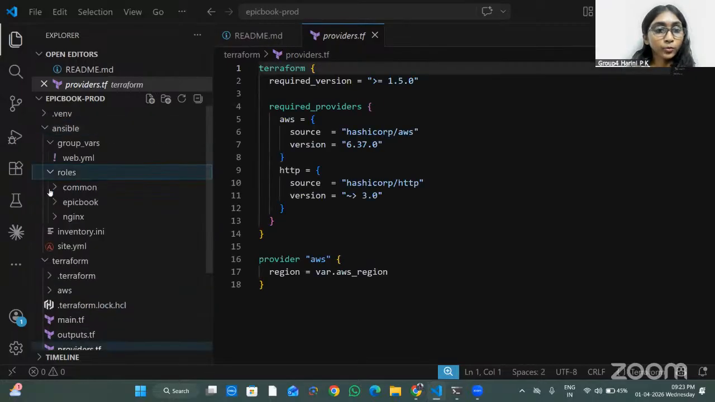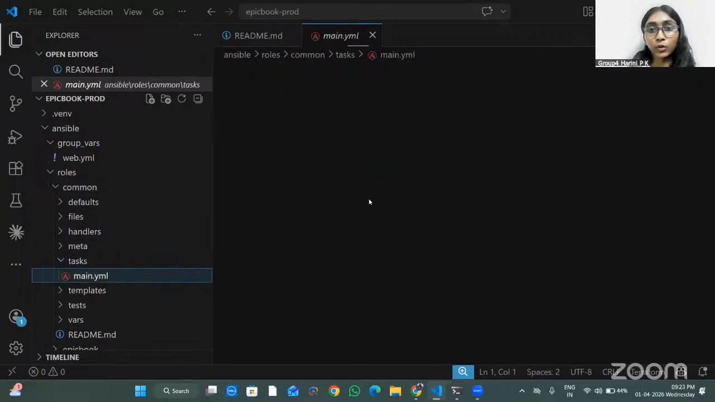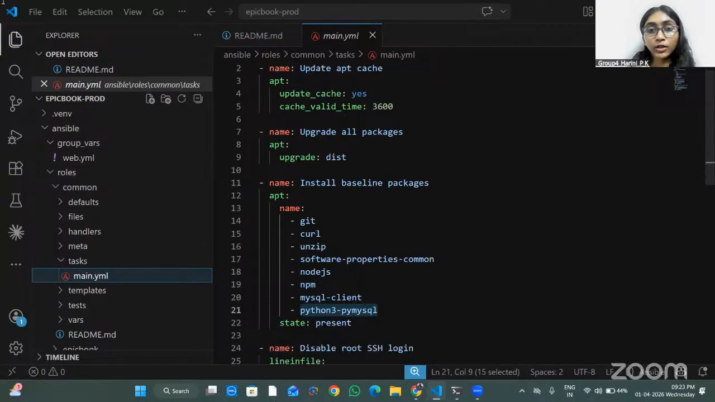The roles that have been created are common, EpicBook and engineers. I have initiated the common role, so it will generate all these files. In the tasks, we can see main.yml. It has the code of what the common role is going to do. It is going to update the cache. Once we run the playbook, first it is going to update the cache, update all packages, and install all the